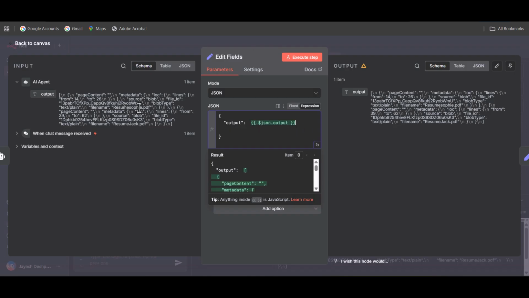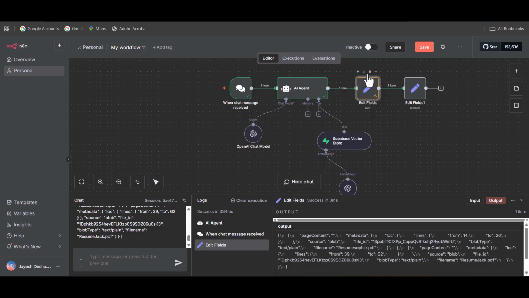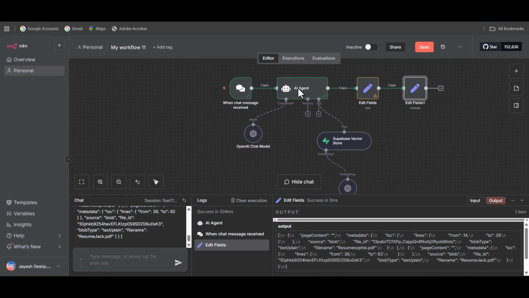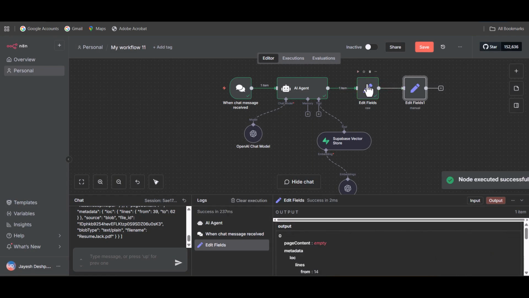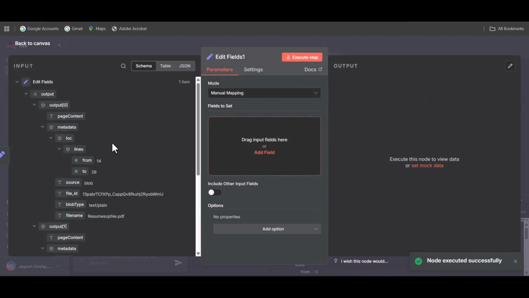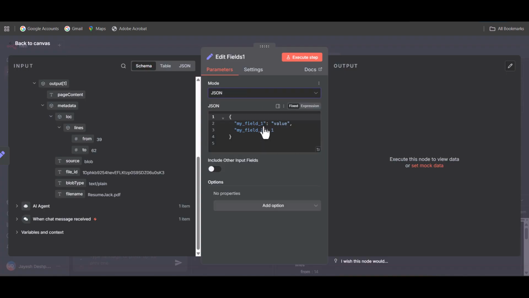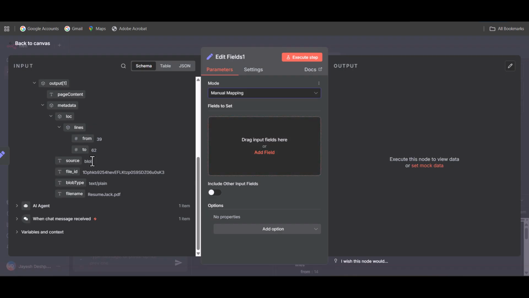So we'll go and check here. Okay, so now I have these values properly in JSON format. I need this file name, so I need to get it extracted. For that I need to do the manual mapping over here, and in that I just need to put the output here,